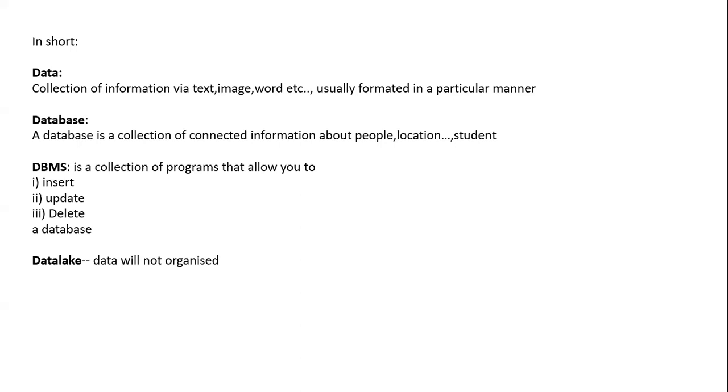Or suppose you go to a grocery shop, your phone number, your name and your address are all data.